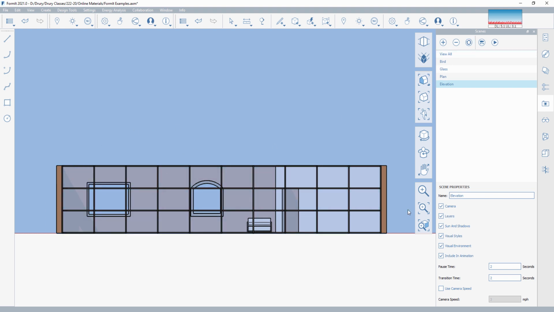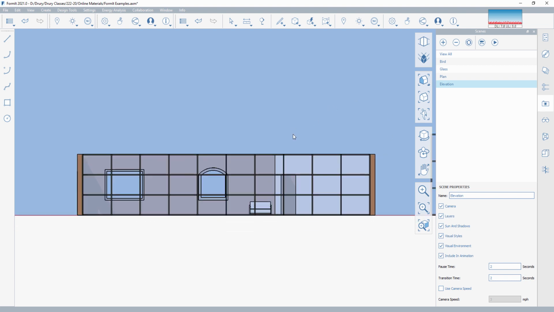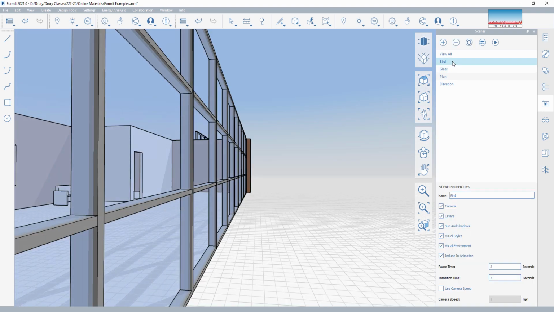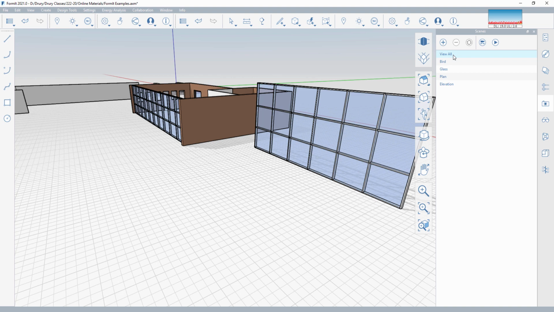I was actually cutting into the building last time because the camera was actually on the inside. So switching out to the perspective view and then back to orthographic, making sure those things are positioned correctly will get that taken care of for you. So from here, I'm simply going to select elevation and record everything about that scene. So that way I can toggle through each one of these pieces and have them all ready for output from